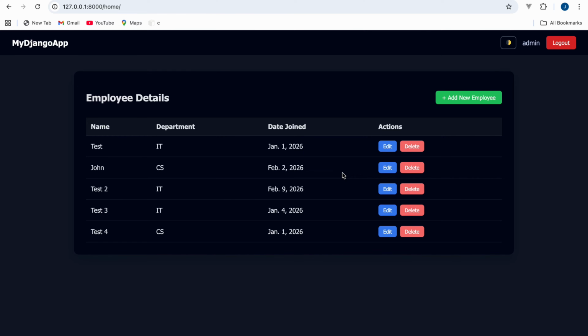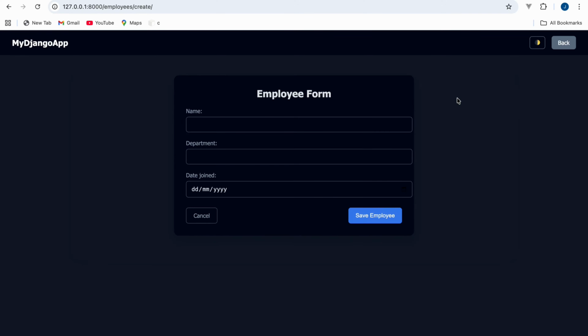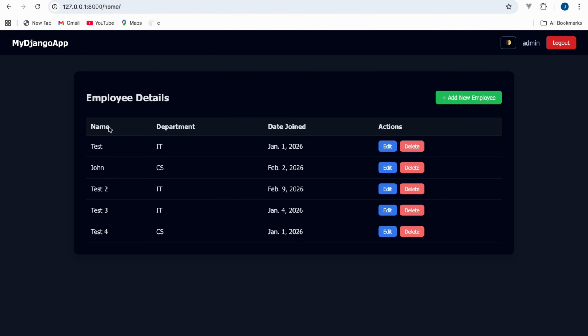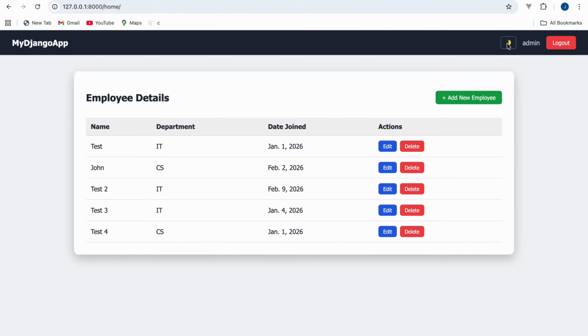where you can edit employee detail and delete employee, and there is another button in the green color. When you click this you can create a new employee, and here you can see all the employee details. At the top you can see there is an icon. You can change the